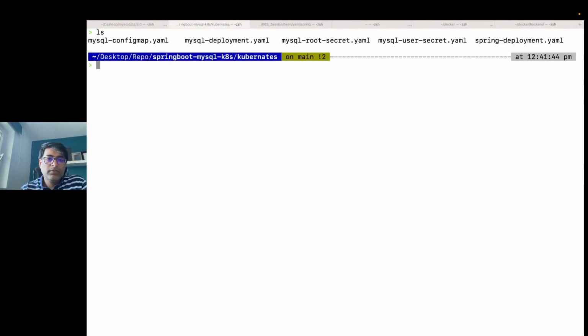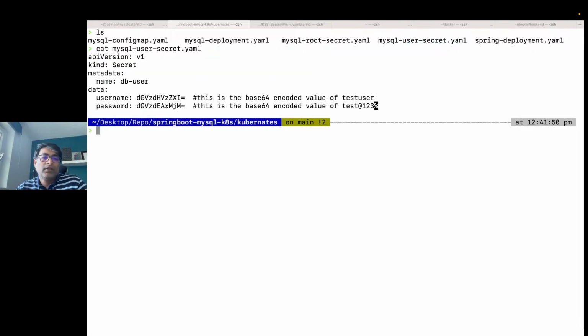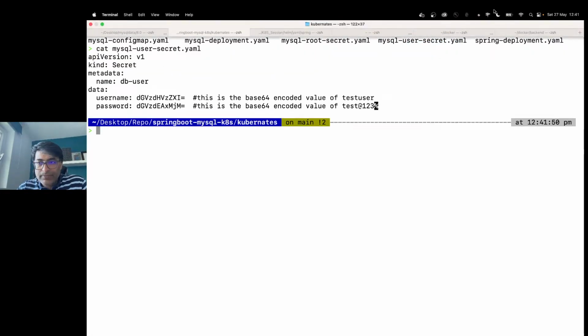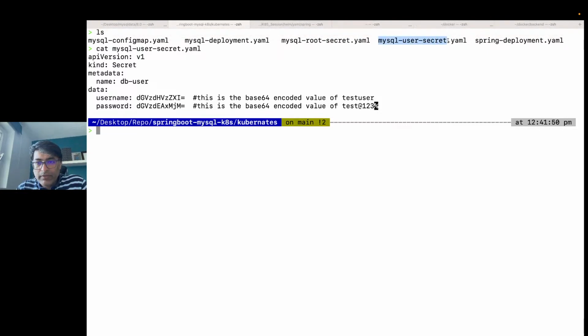So now in this folder we have all these secrets. Okay, so let us go and create. This secret is used for a MySQL database. Okay, so how exactly do we do it in order to create these secrets? kubectl